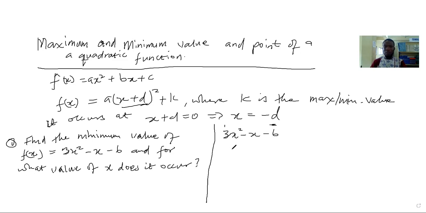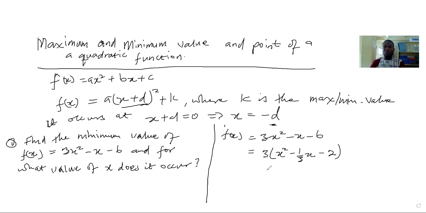So when we factor 3 out, our function is now going to be 3 out. Here divided by 3 will give us x squared. Here divided by 3 will give us 1 over 3x. Here divided by 3 will give us 2. Then we have factored